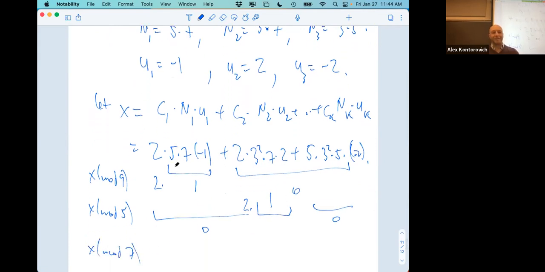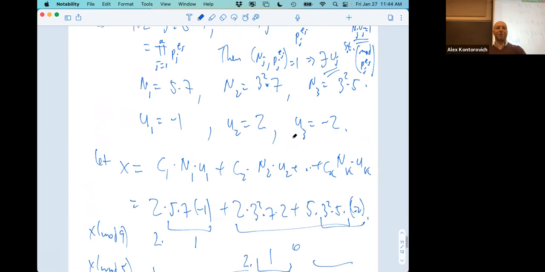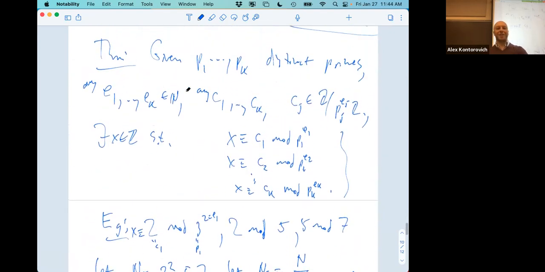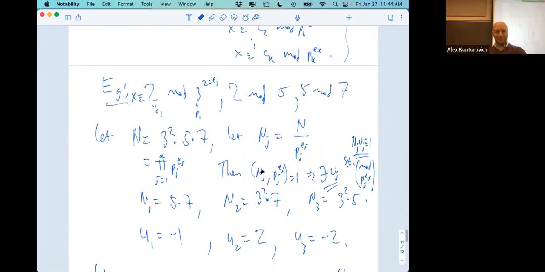And x mod 7. Okay, it's clear, right? So this is 0, this is 0. This was made to be 1 mod 7, and then I have a 5. So obviously, I'm 5 mod 7. And that's the general case. It's not the most general Chinese remainder theorem because I'm assuming that these are all co-prime, but this is the solution. Here, there's always a solution. Assuming no contradiction. That's right.